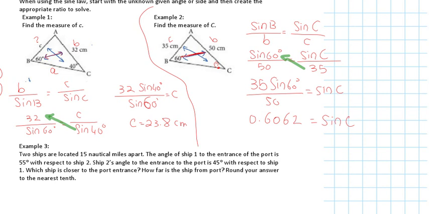To find angle C, you have to do the sine inverse. Okay? So anytime you're finding an angle, you're going to have to do the inverse. So in this case, sine inverse of 0.6062. That would give you angle C. So on the calculator, you're going to do either the second button or the shift button, and then you're going to press sine. And that is going to give you 37